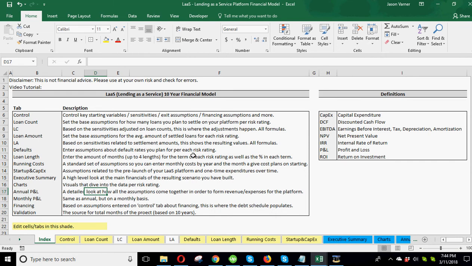This would work where you're not actually a bank, you would just be a platform facilitating loans between people or people and businesses. This is all assuming it's unsecured loans, and the business would be you basically take a percentage of the gross revenues that are created on a platform,